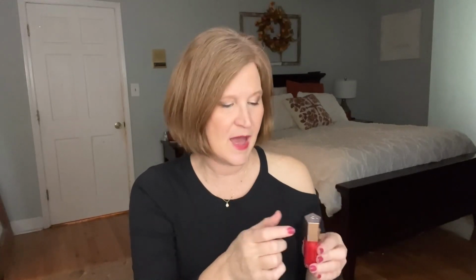It's still a wash of color, but if you want to do a no makeup day, this isn't going to give you just a wash of color. It's a little step up from that. And it looks like a scary color, but it's really beautiful. I don't know that you're going to be able to tell. I'll kind of stick it on top here. It's really pretty. Let me put it on my hand. Although I don't think you'll get a good,